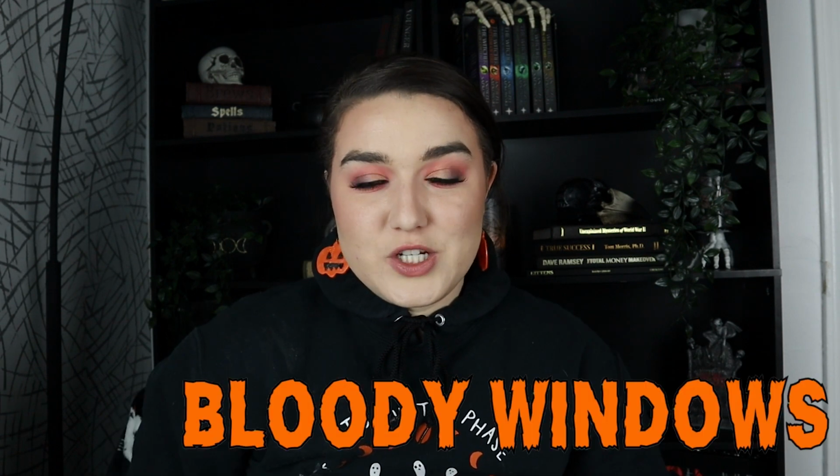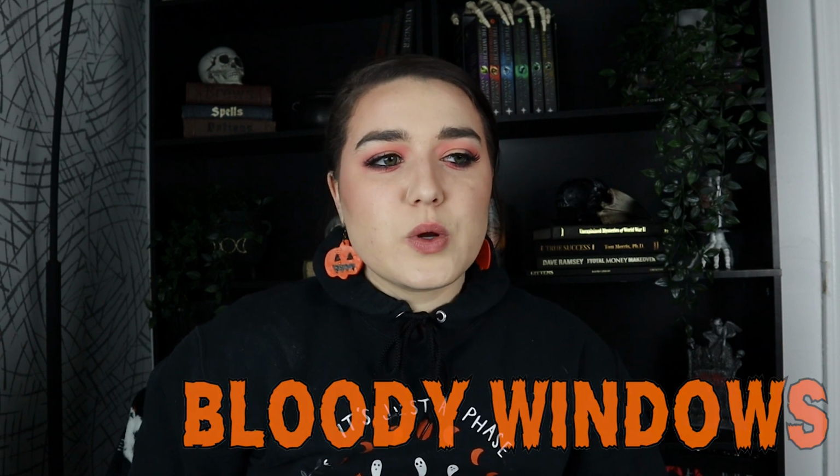How to get blood on your windows. So this is one of those things where you can buy fake blood, or you can buy window clings, but sometimes they just look not that realistic. Buy some super cheap e.l.f. $3 lipsticks. If you buy one, maybe two if you have a lot of windows, you can write stuff on them. I painted my hand in the lipstick and then stuck it on the window and dragged it down so it looked like people were clawing at it. First of all, it adds ambiance, it adds decoration,